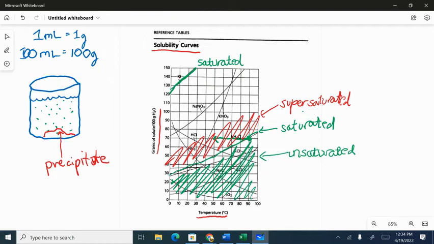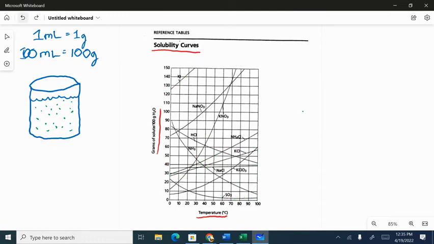Now, a supersaturated solution is really important in baking. Cooking and baking are two different things. Both involve a lot of science, but in baking, you have to be super careful and super exact with your measurements. A supersaturated solution would be how we make things like fudge. And that's why it's so difficult to make fudge well, because you have to have a supersaturated solution. So let's talk about the fact that this is how much solid would dissolve in 100 grams or